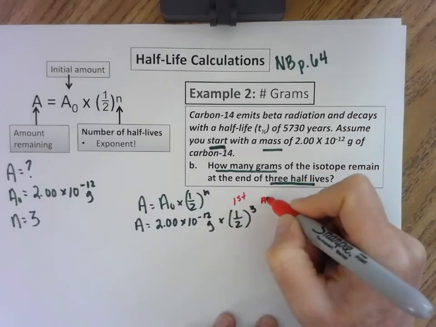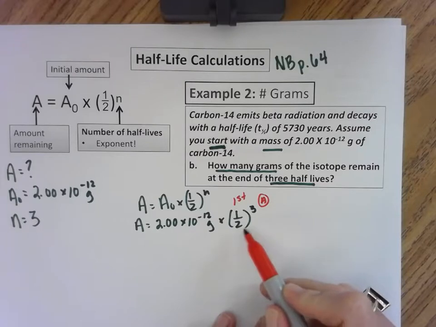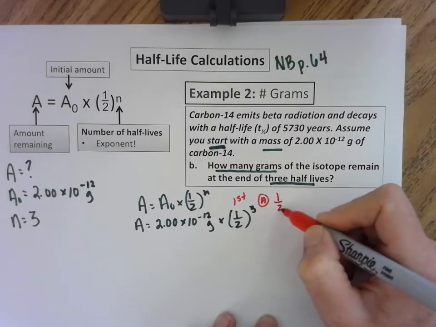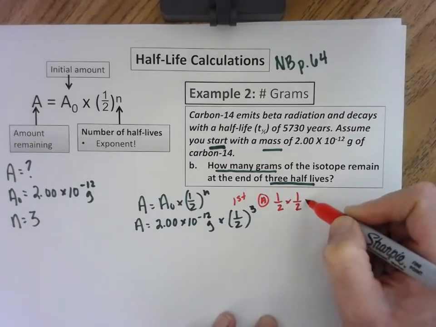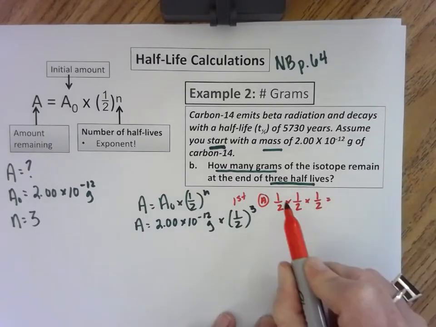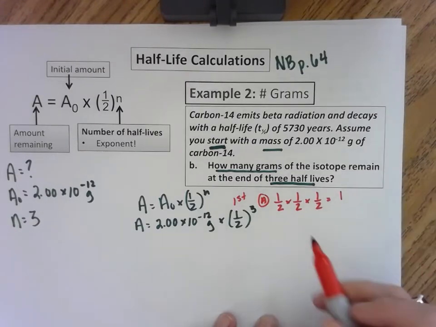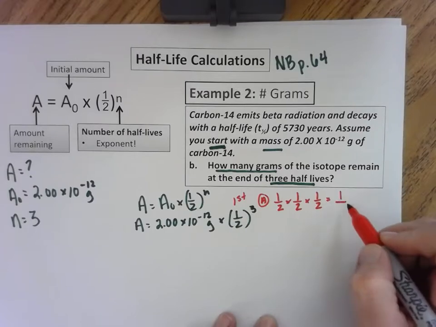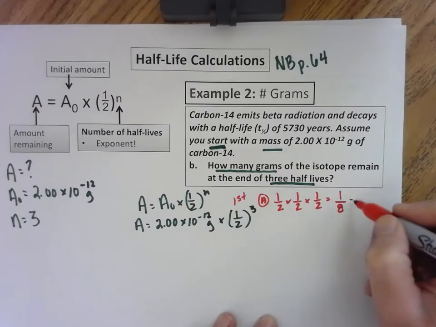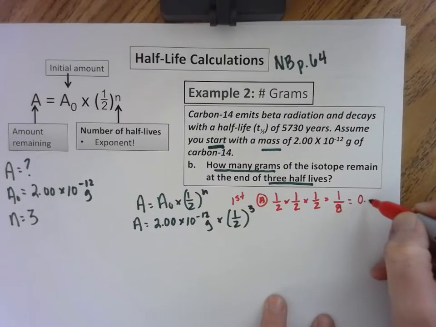So option A for figuring out what this number is when I take 1/2 and I raise it to the power of 3. You can take 1/2 and multiply it times itself as many times as the exponent and get a number. You're going to multiply the numerators. 1 times 1 times 1 is 1. 2 times 2 is 4. Times 2 is 8. Then I'm going to pick up my calculator and I'm going to do 1 divided by 8 so I get a number I can plug into my calculator, and I get 0.125. There are no